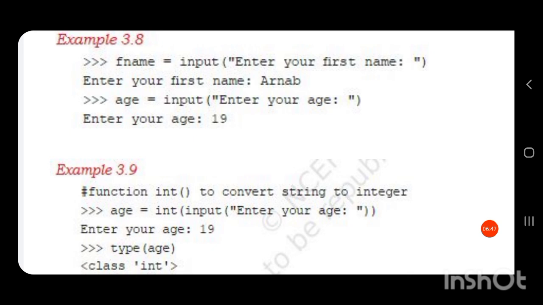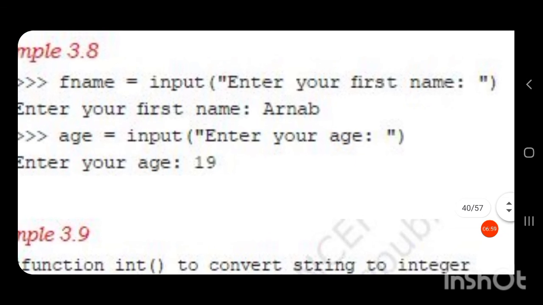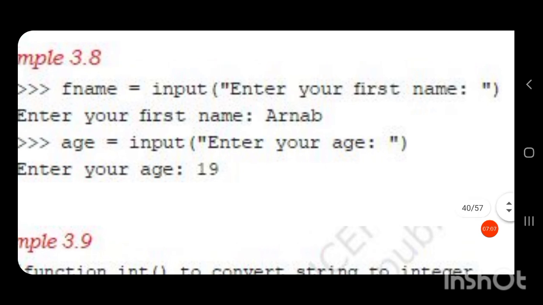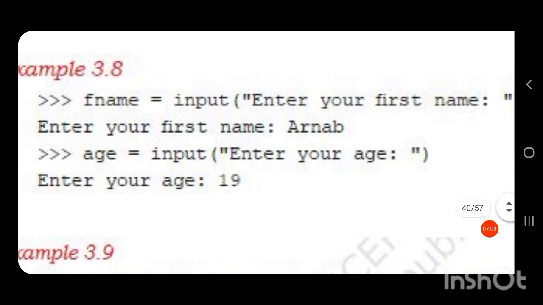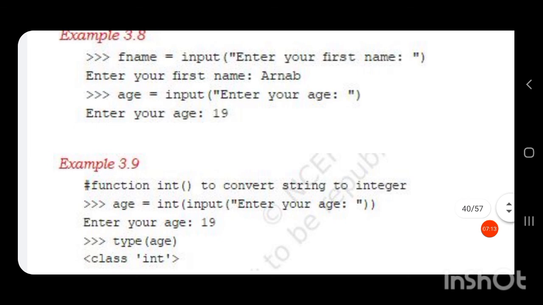So 19 will be considered as a string, which is enclosed in double quotes or single quotes. So age will have the value 19, but 19 is not a number, because whenever the input function accepts data, it converts it automatically into a string. Even though we have entered the integer 19, the input function will convert it into a string.